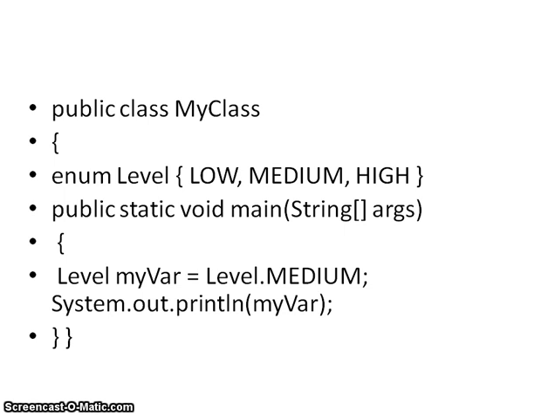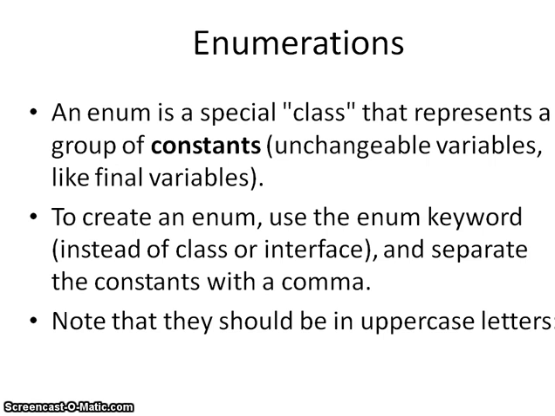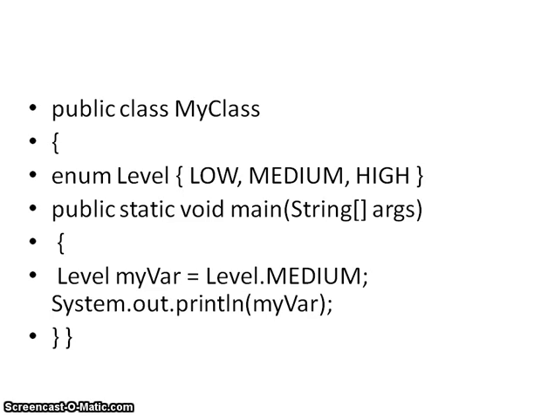In the main method I am creating the object of this Label. Label is a class again. So here my variable is an object of Label, and I am accessing the constant of that class, that is Label.MEDIUM. I am going to display the variable value, that is my var. What will be the output here? MEDIUM will be the output for this program. That is the enum class. Whatever constant values you want to declare, that can be declared. That is called an enum class.